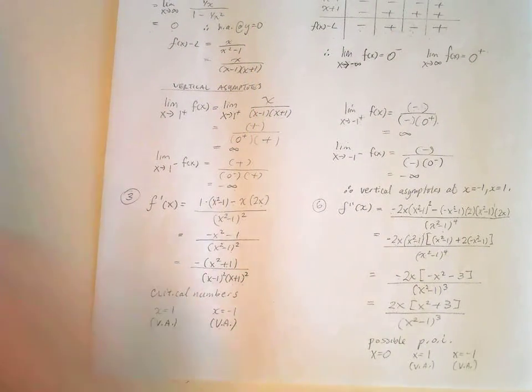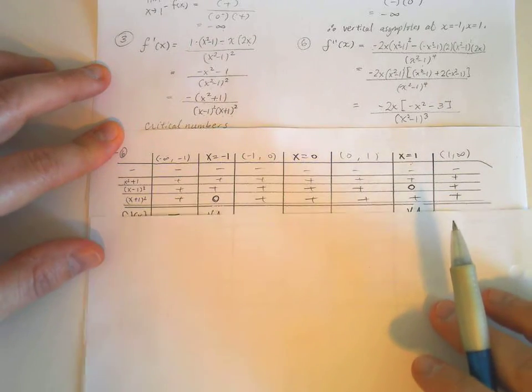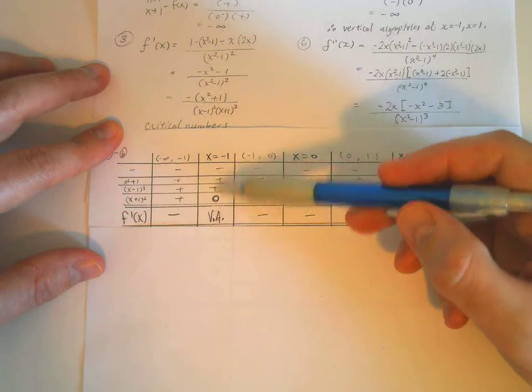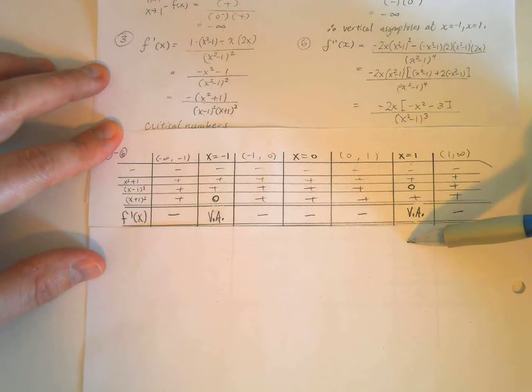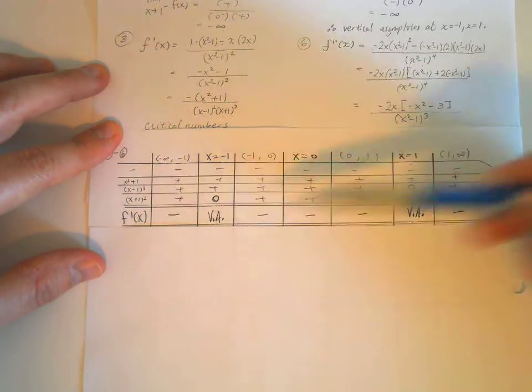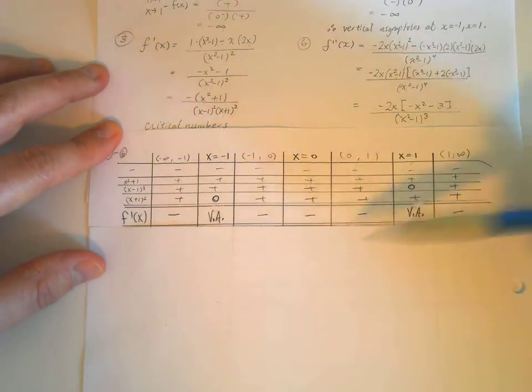Okay, so I've got all this information. What I'm now going to do is compile it in my chart before I sketch it. So what I have to keep in mind, and I'll flip back and forth between these. Let's keep that up here. Here I'm going to chart out my very first derivative. And how I've charted this is I've put in the asymptotes, because they are restrictions in my domain. And I've also put in that possible point of inflection. So any critical numbers would also be on this list. Any other possible points of inflection would be on this list. Any restricted values would be on this list,